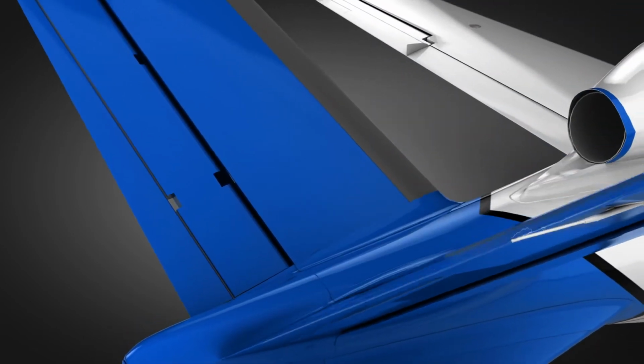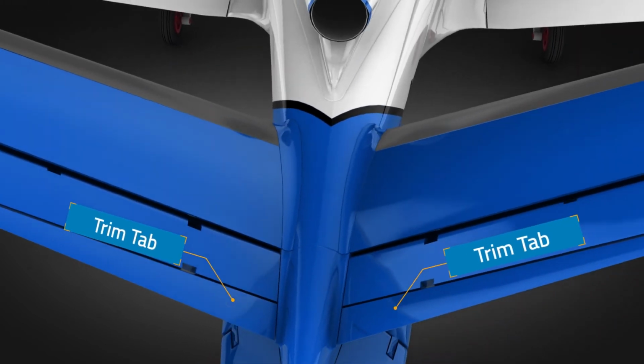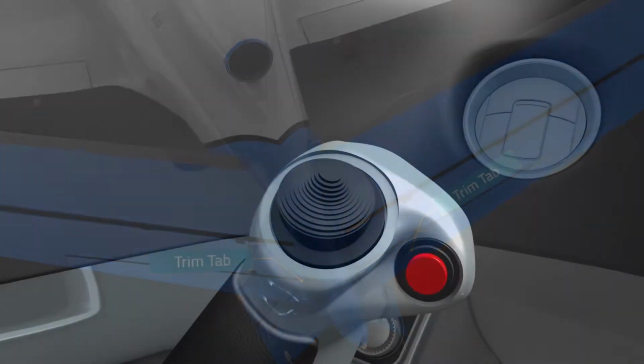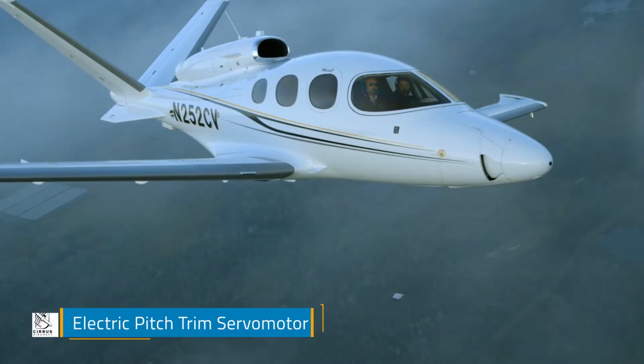Pitch trim is accomplished through movement of two interconnected tabs on the ruddervators. These tabs can be moved either electrically or manually. Electric trimming is done with forward and aft hat switch movement on either side stick, which actuates the electric pitch